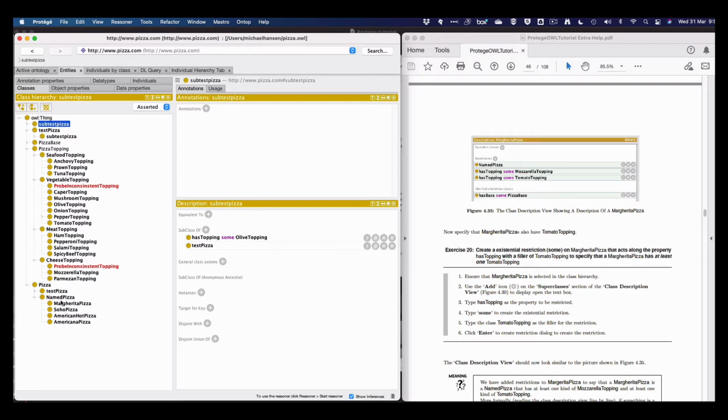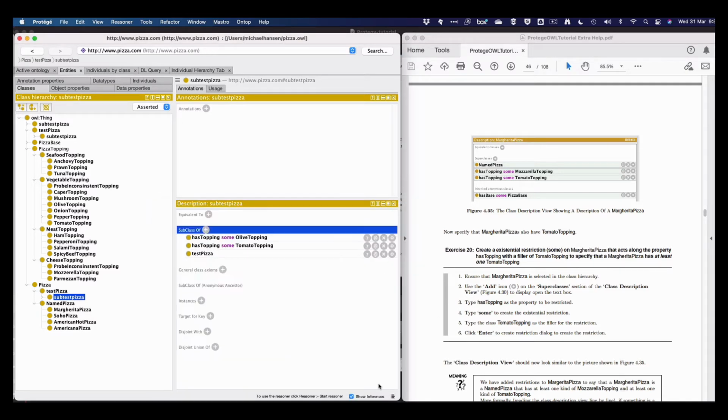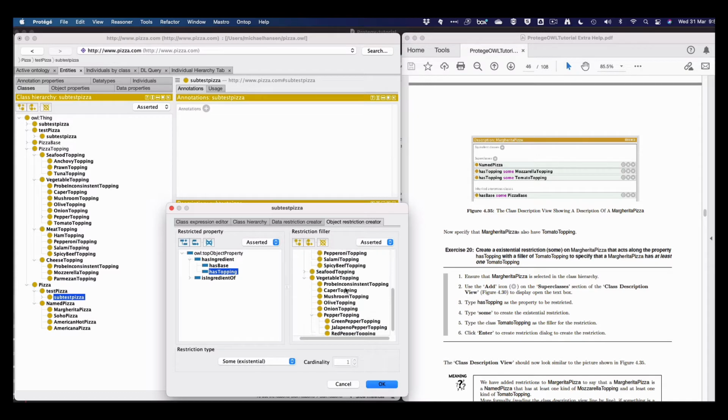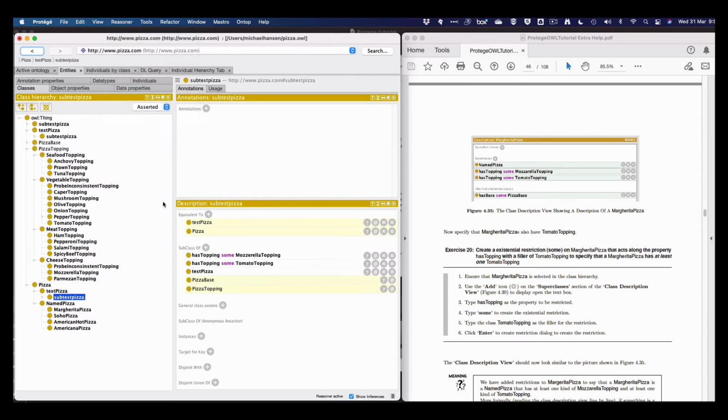So let's go into and then add another topping. So let's just add this topping here. Why don't I add exactly the same as we did on the other one? So that was the mozzarella and tomato topping. Interesting. Anyway,